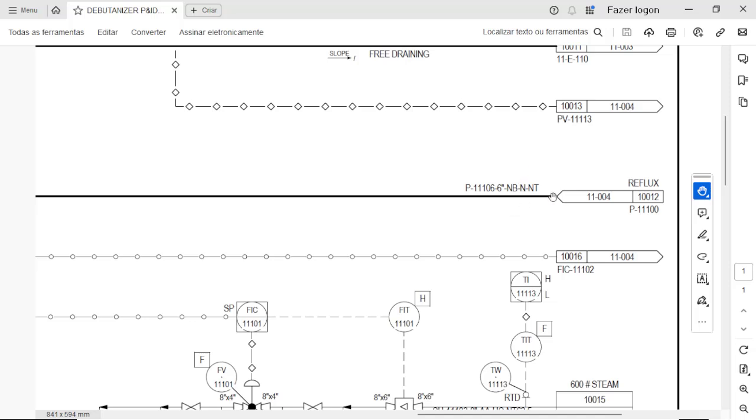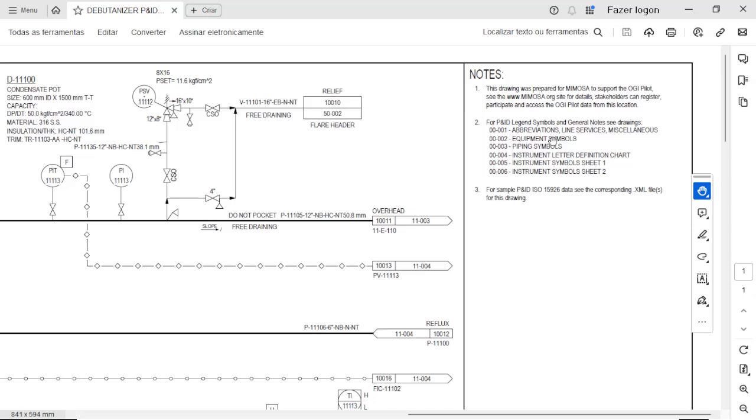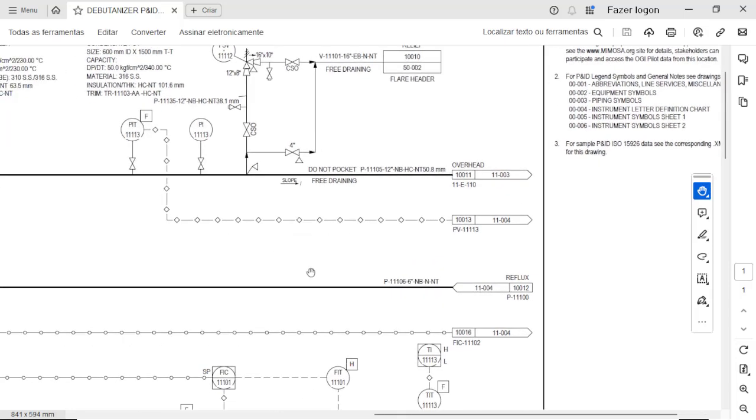We have information for insulation most of the time, and also the information for the material. It is not clear what each one of these letters means because we are not evaluating the table of the sheets of symbols for piping symbols. All of this information will be shown, reviewed, and explained in the piping symbols.